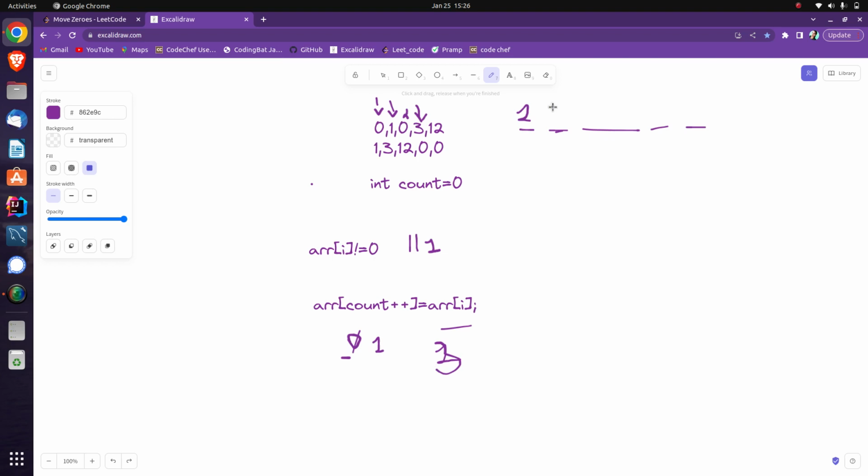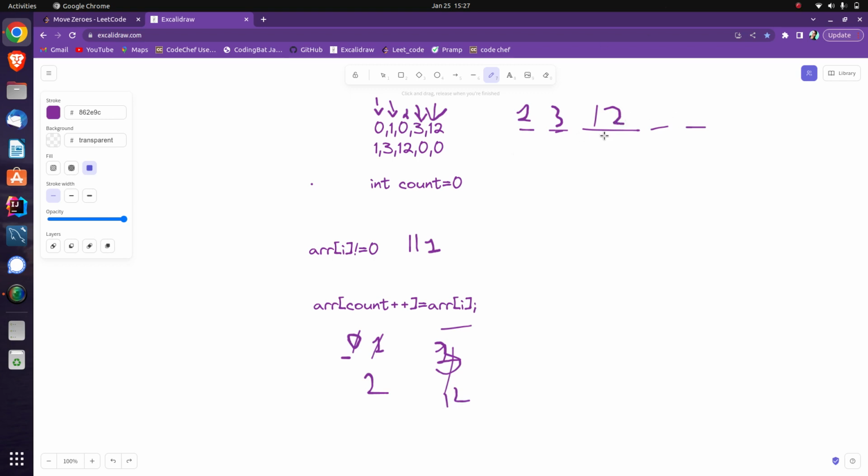So we place 3 here, and next the value is not equal to 0, the value is 12 now. The index now is 2 and the value is 12, right? So we place this 12 here,